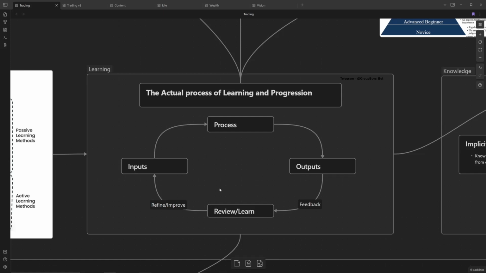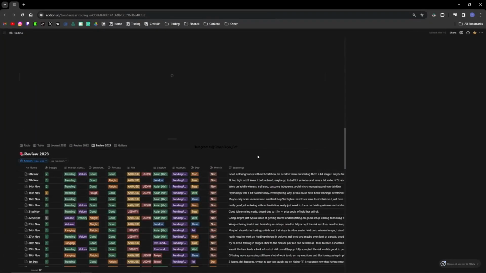Well, we need enough data points to draw a correlation, a conclusion from. Trade by trade, it is enough information to have feedback to draw a conclusion, but 20, 30, 50, 100, the more trades, the better. You have more data points. It's easier to draw a smoother line in which inputs lead to better outputs. And the way to get that is by having a journal.